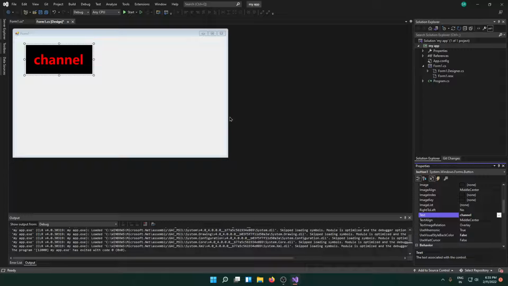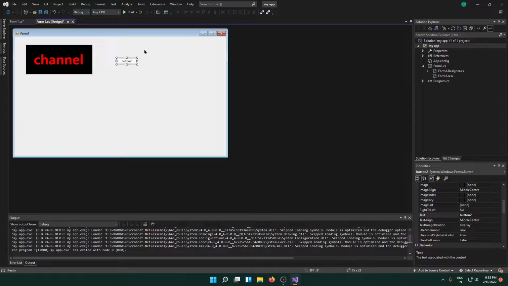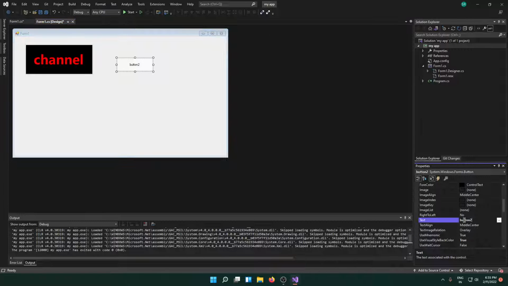And then you can also put one more button in this screen. For that, go to the toolbar again, and you can also enable the common controls, and again drag and drop the button, and then you can customize here. First we will customize here now, and then the text is here. You can rename what you want. I'm renaming it channel 2, and then it is image, and